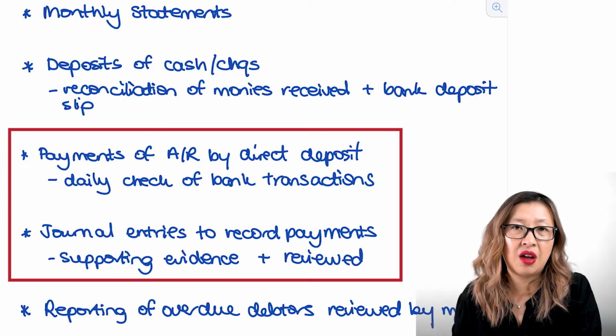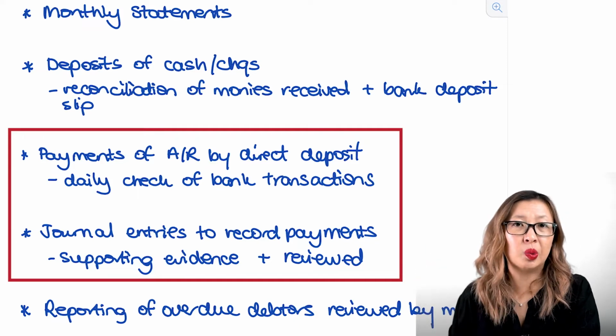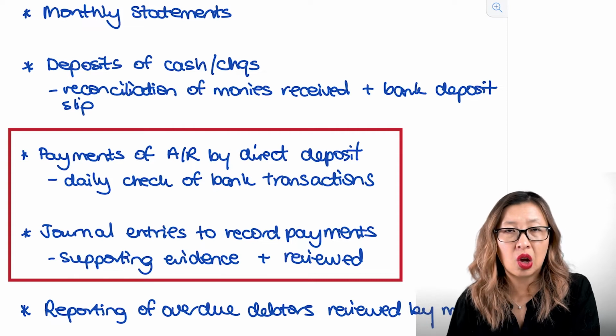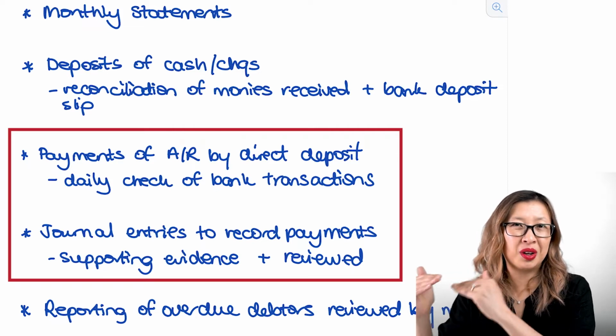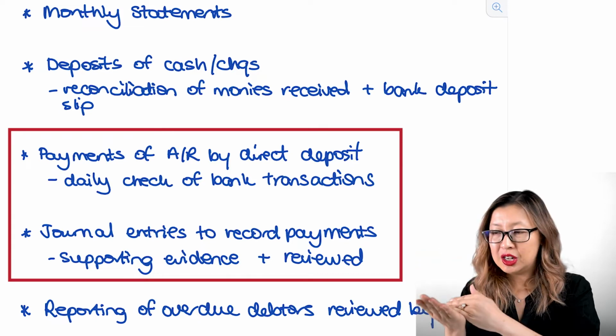And then the accountant has prepared journal entries. Now, normally they can't just prepare journal entries and do whatever. There's normally a process to approve the posting of those journal entries. So that means somebody schedules all the journal entries, then somebody else looks at the journal entries that have been